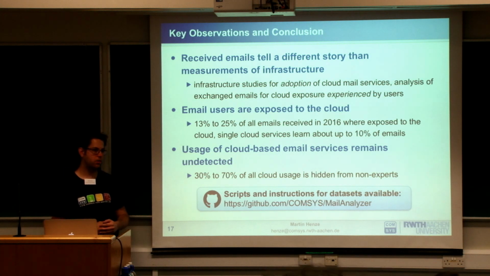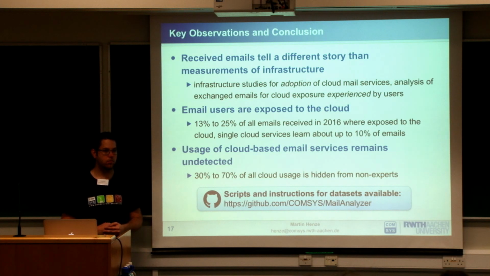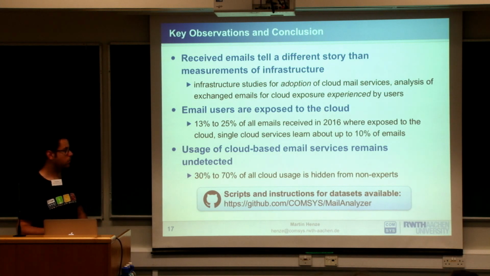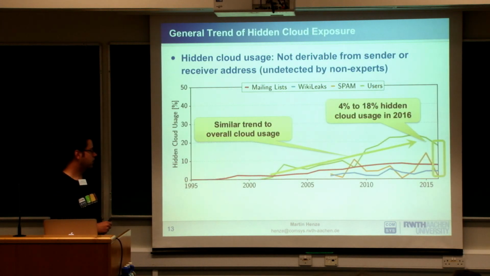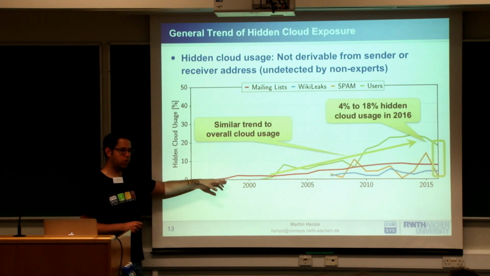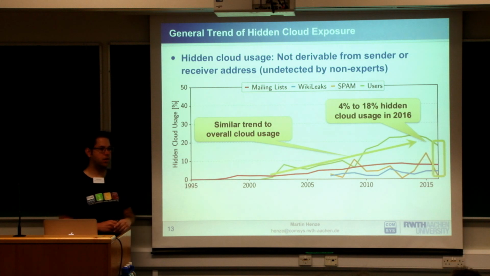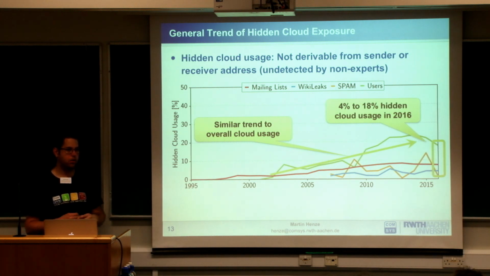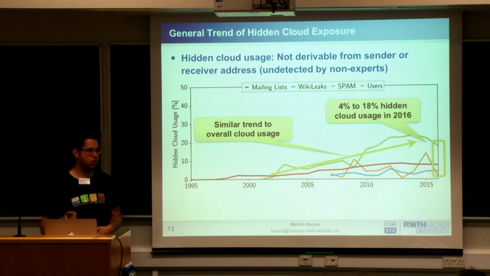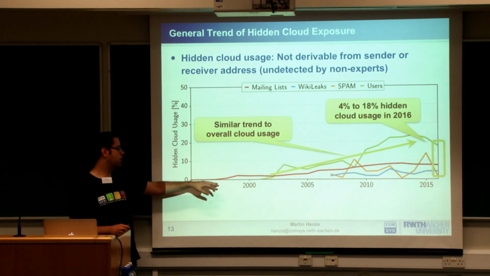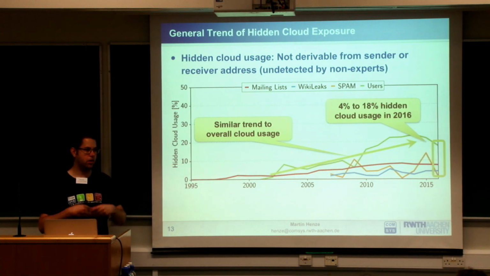I'm also wondering, in your graph for the mailing lists, you show some cloud providers between 95 and 2000. Is that the start of Gmail, or who is that? It rises a bit before 2000. This is probably Hotmail, so I'm not 100% sure. And also there was some Apple Mail before, which is not the same as iCloud today, at mac.com. So these are the first services. Back then you wouldn't have called it cloud, but it was what we would classify as cloud today: large infrastructure, highly distributed, and so on.